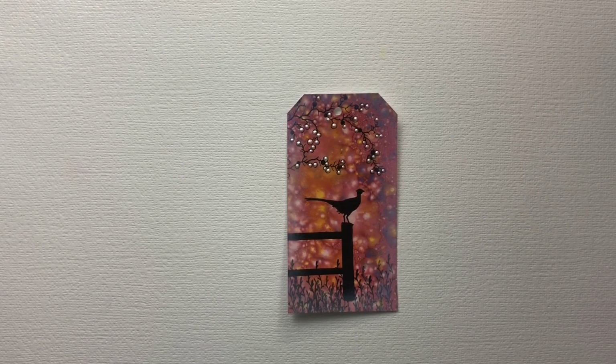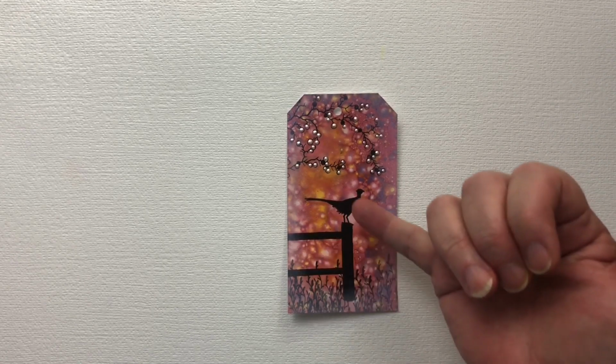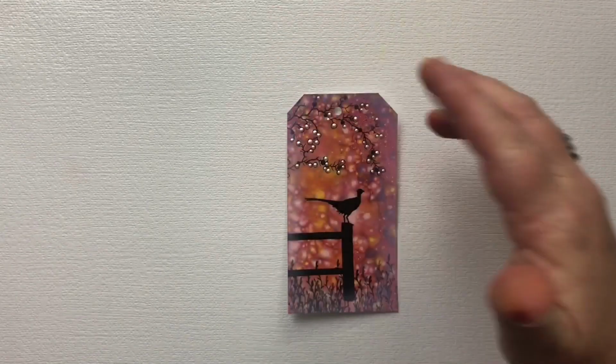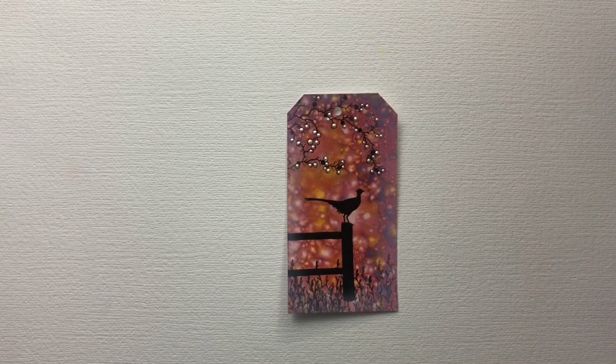Here I'm using one of my favourite techniques of all time, which is Brushos on a gel plate. I'm using all Lavinia stamps today. I've got the Pheasant. I'm using Spanish Moss, which is a fabulous stamp that you can use either hanging down to get a really lovely drapey look,